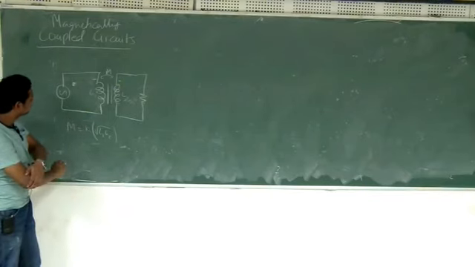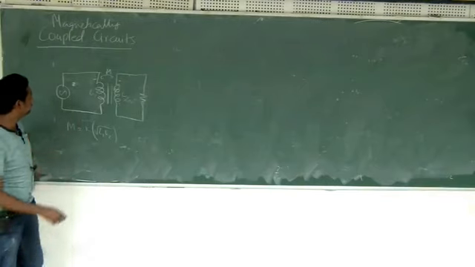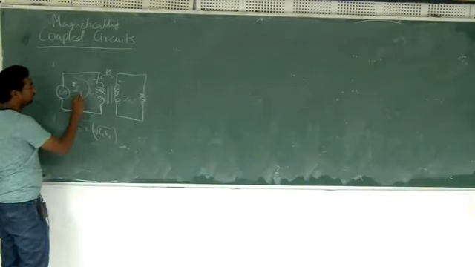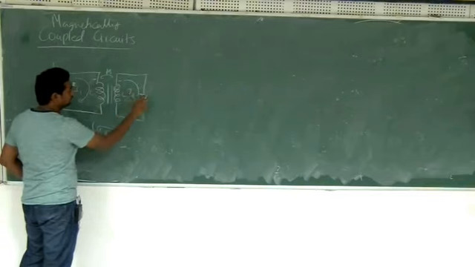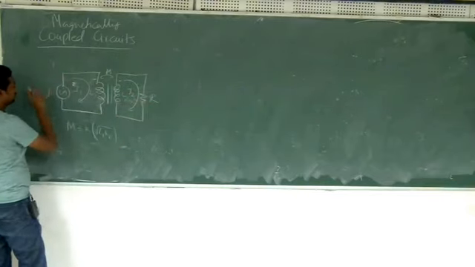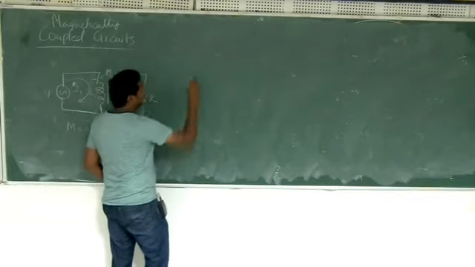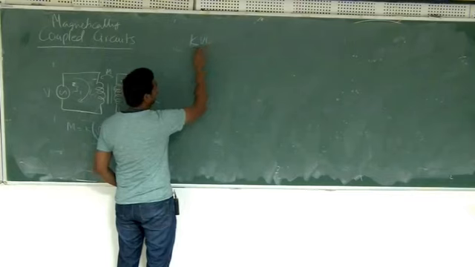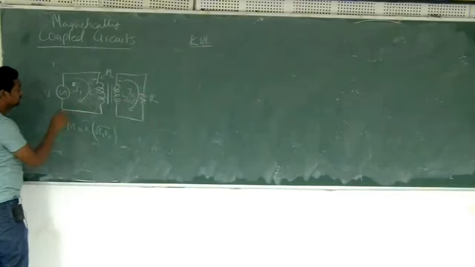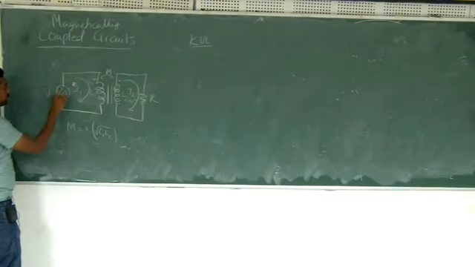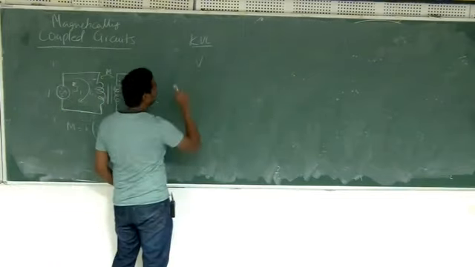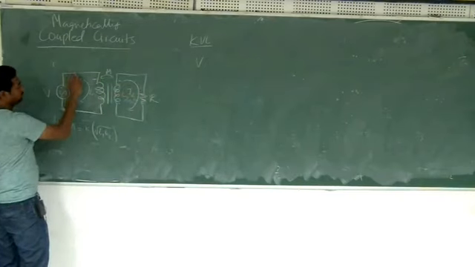Now think of this as current I1, this as current I2, this is R, and this is V. Now if you try to write the equations, what will they be? Kirchhoff's voltage law for the first loop. If I start at this point, so this is plus minus. From here to here is increasing, so I'll get plus V, and there's no drop here.